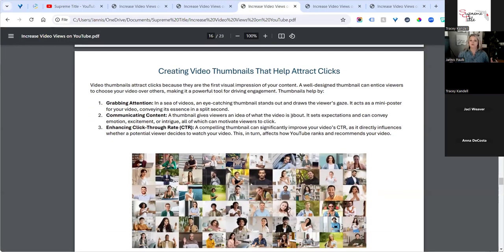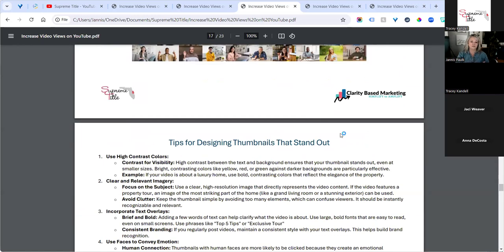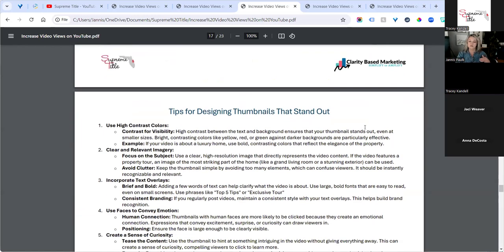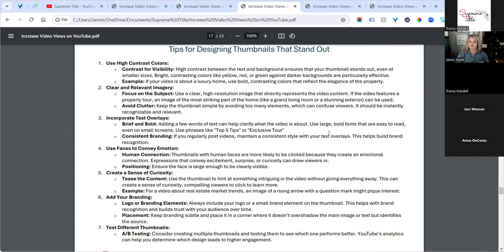I love visuals. I love graphics. I love playing in Canva, but it can be a time suck. So if it's not absolutely necessary and it's not going to make a huge difference, you don't have to obsess about that. But it is a piece of the puzzle. And then here are some tips for designing thumbnails that stand out, which you can use. Personally, I find it more useful to go to a channel like Spring Title, take a look at what they have and kind of gauge what resonates with you and get an idea. There's no reason to reinvent the wheel. So that's